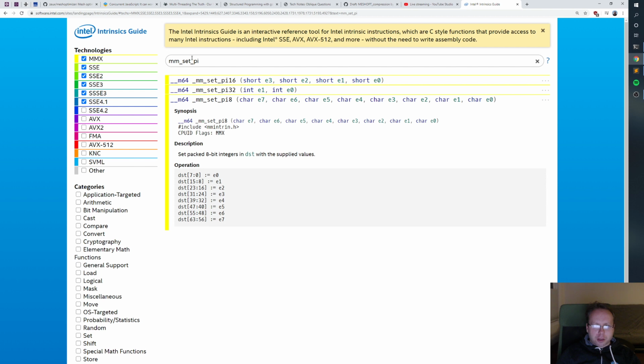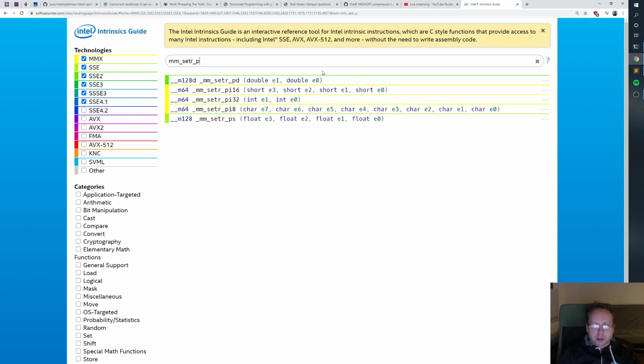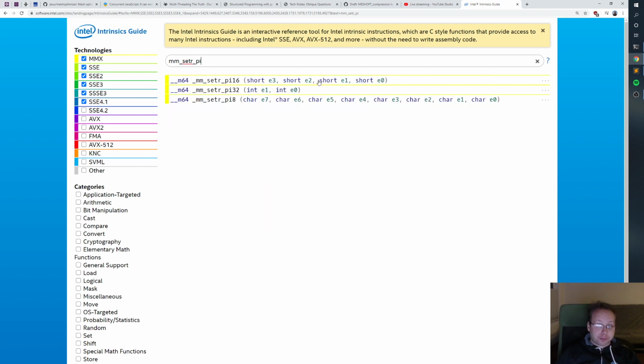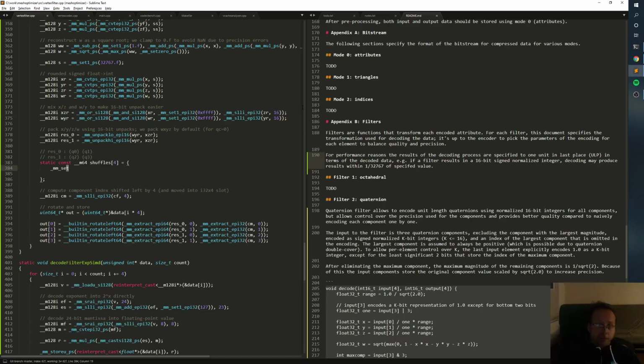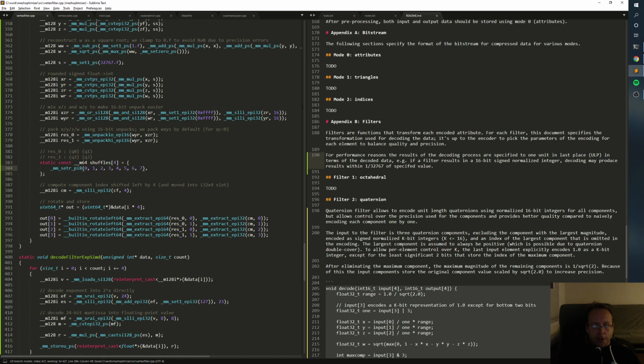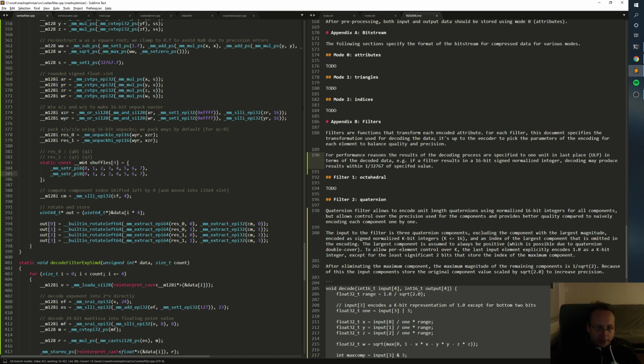They probably are. Is there set R? Okay, cool. So this is a vector where if you use the special intrinsic on it, it will not change the value at all, which sounds pointless, but what happens if you do this,